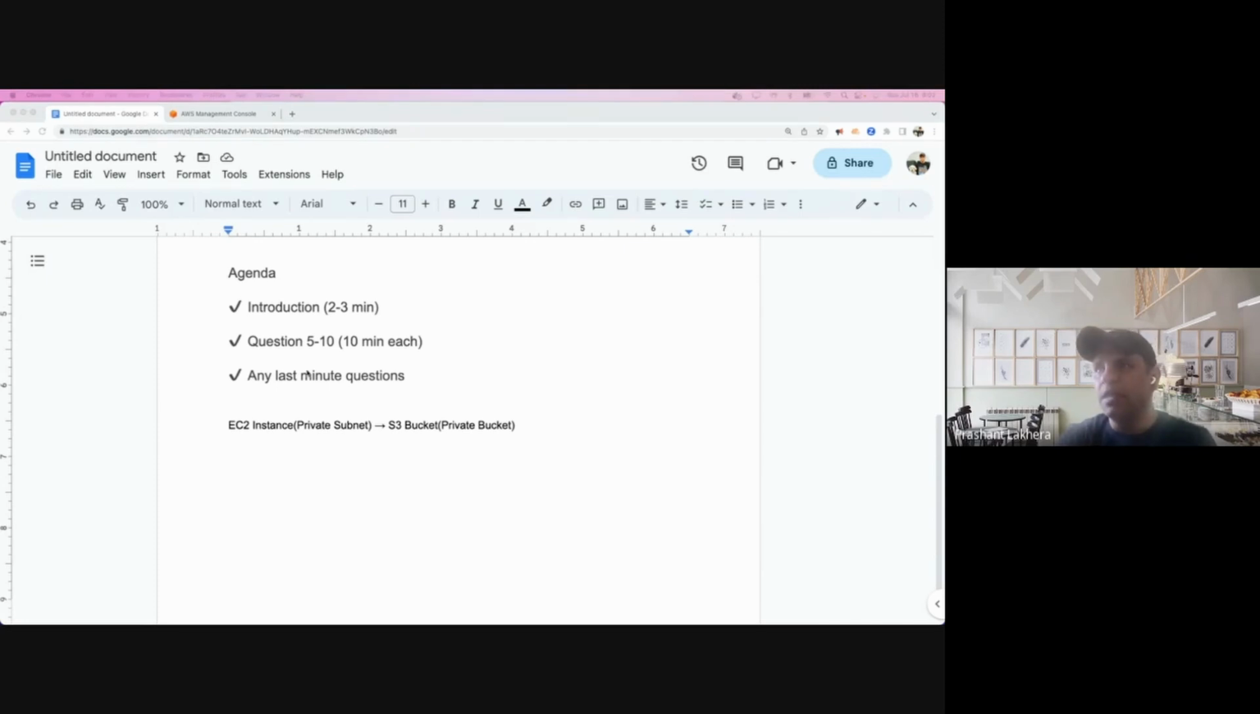Let me repeat this question. So we have an EC2 instance which is present in the private subnet, and we have an S3 bucket which is also a private bucket. If I gave you the scenario that you need to implement it, where are you going to start? And before going to the scenario, anyone know what